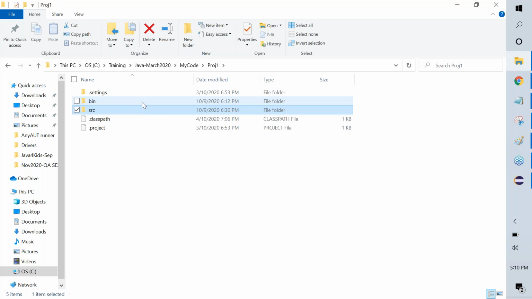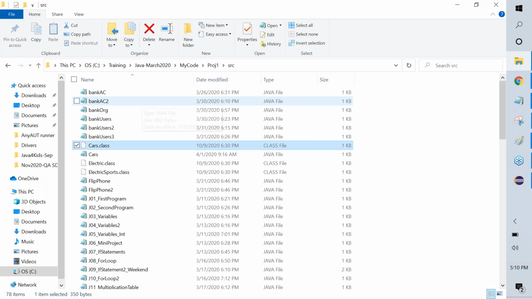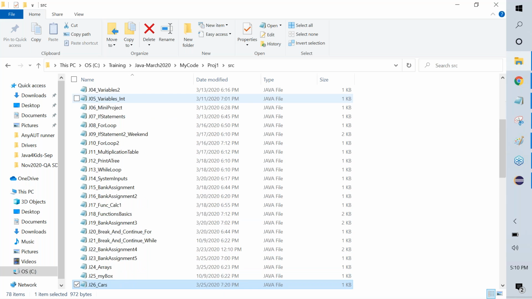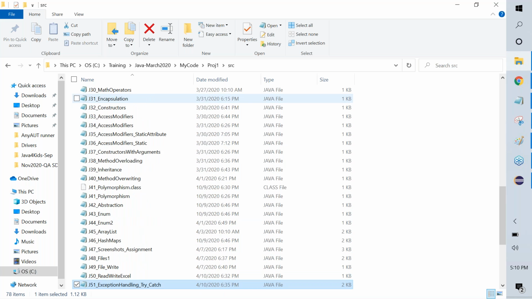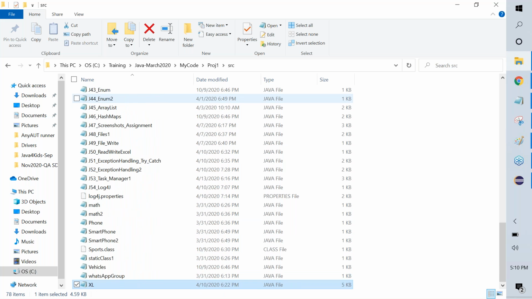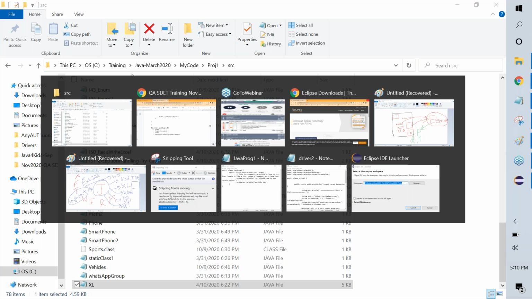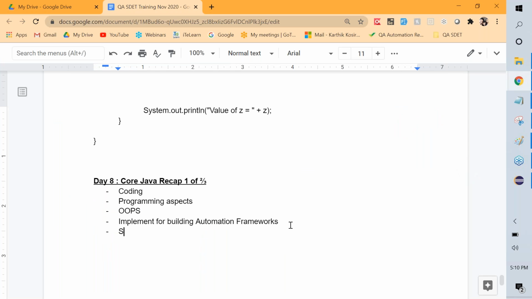Project 1 has a source library with a great collection of different programs. And we'll kind of go through each one and understand what it does, how it has come to be. The only thing I'm doing right now is we are saving time by reusing code, but please write